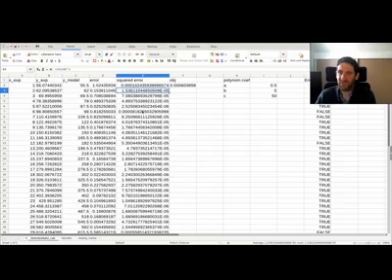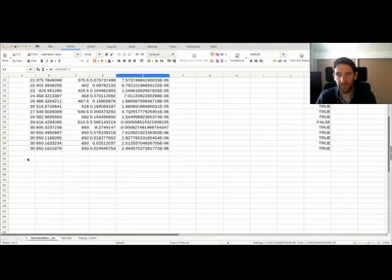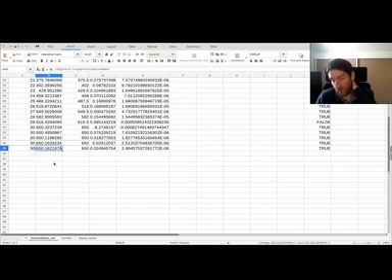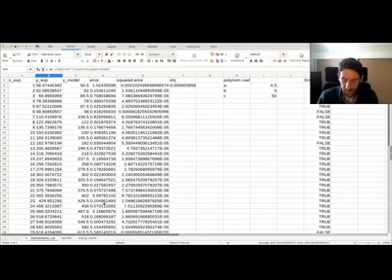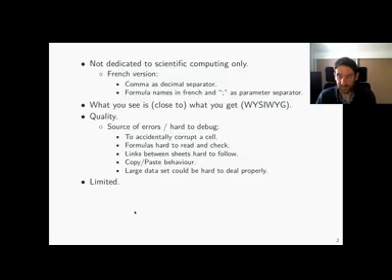So I think it's really not comfortable to work with large Excel files, even if Excel has made much progress in the past. I dislike this. For me, it's a limitation of the software when you reach big files. And as I said, it's very easy to accidentally corrupt a cell when the file is very big.